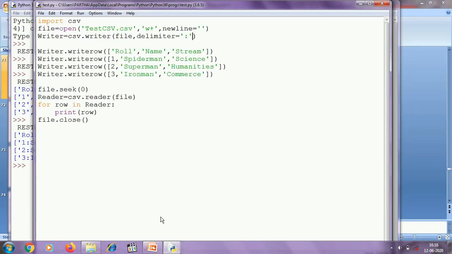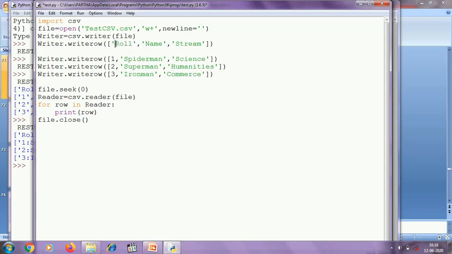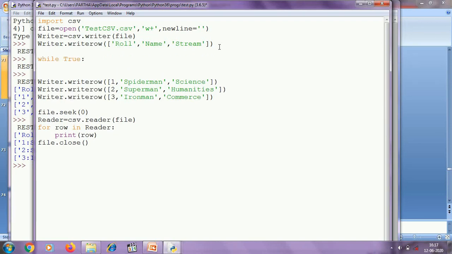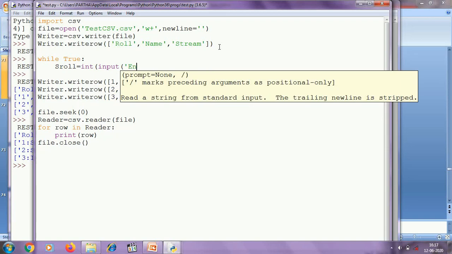Now I am going to show you how to write and read multiple records using loops. The fields will be same for all the records, and the fields are role, name and stream. So I have written these fields to the file using the writerow method, and now using a while loop I am going to collect role, name and stream from the user.